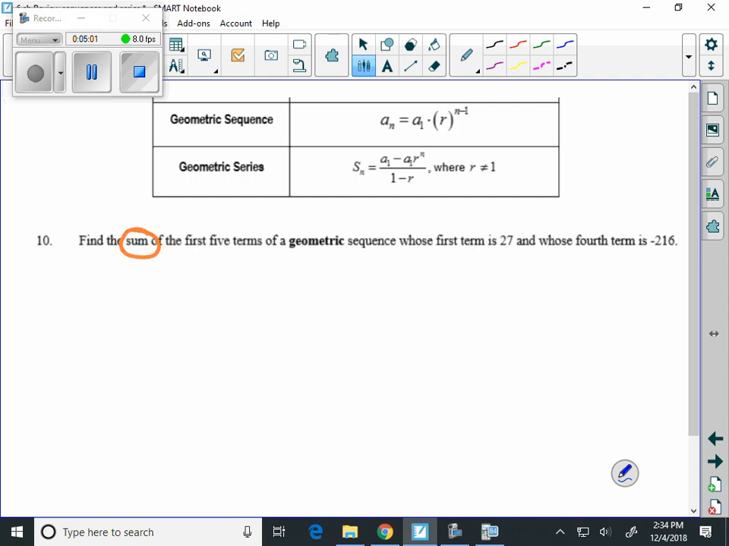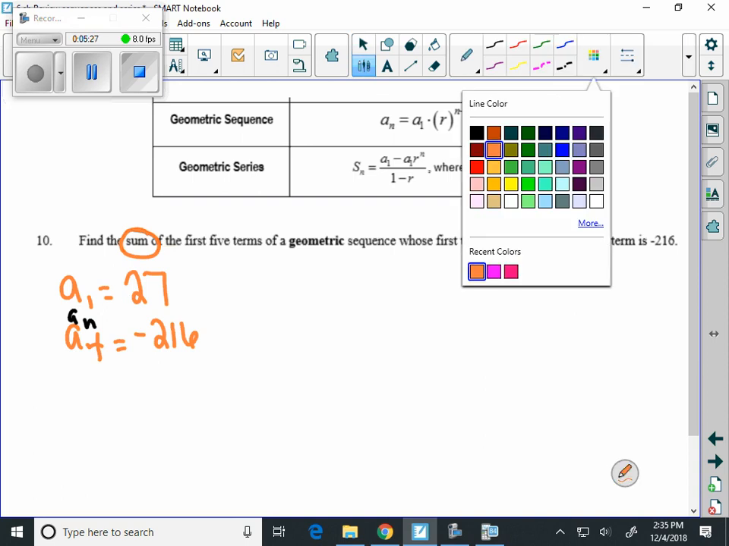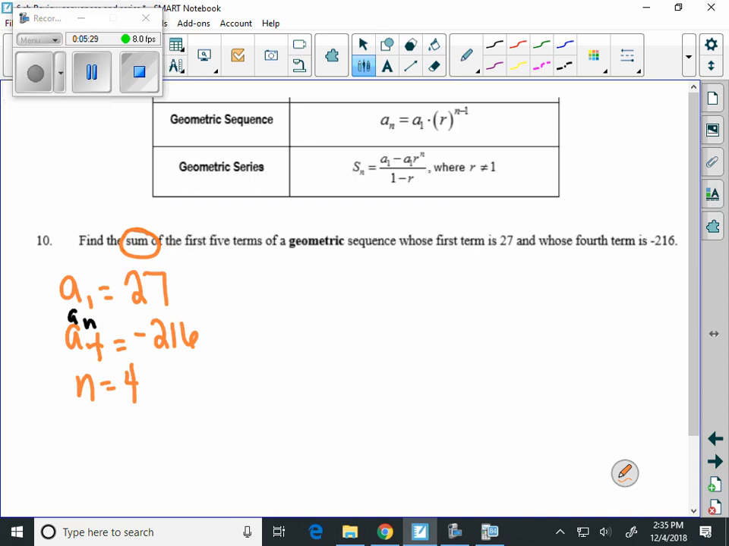We need to find the sum for the first 5 terms of the geometric sequence. And what we know is that a sub 1 is 27, and the 4th term, a sub 4, equals negative 216. Again, a reminder, a sub 4 is like a sub n, and consequently that means n equals 4. And we need to find the common ratio to be able to work this problem out in the